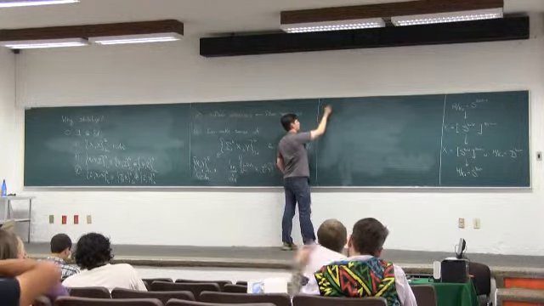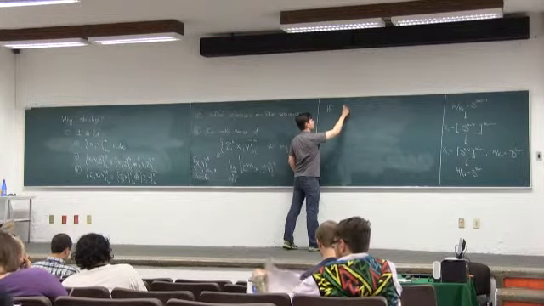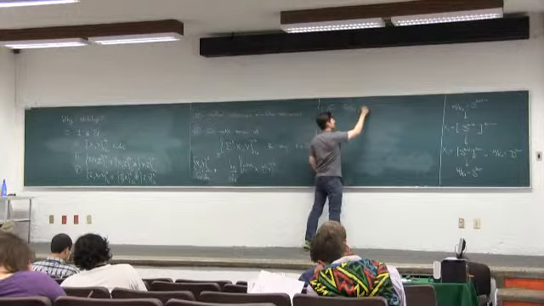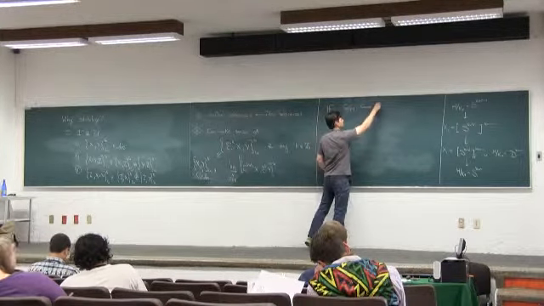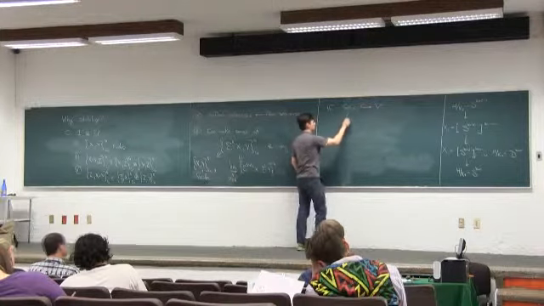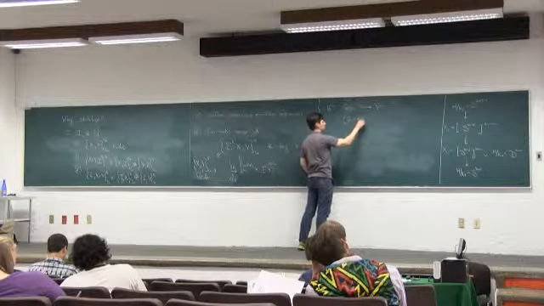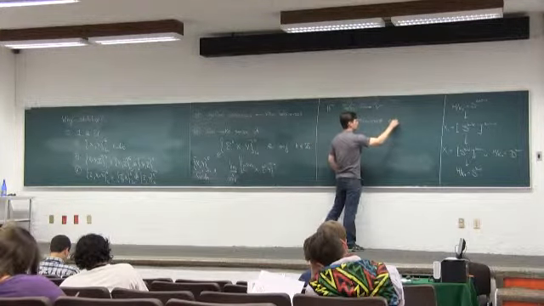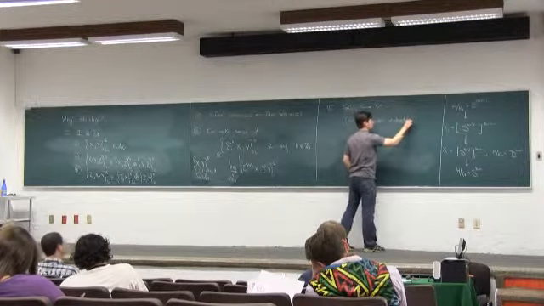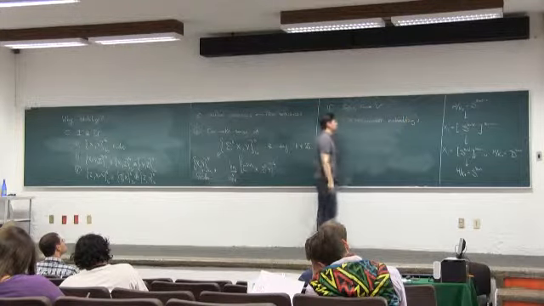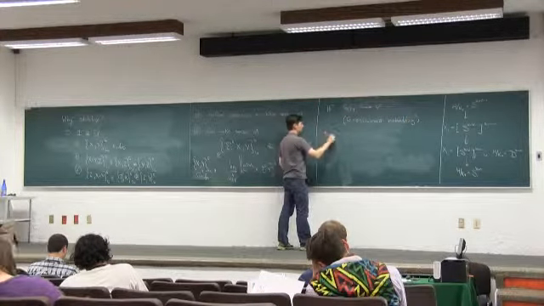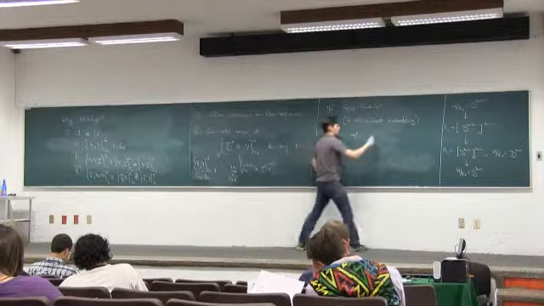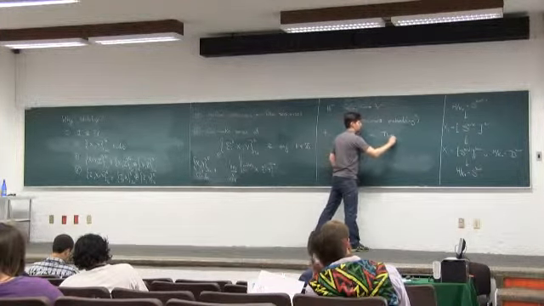So if an orbit, G mod H, embeds into V, so this is a G-equivariant embedding, then we get a Thom collapse map